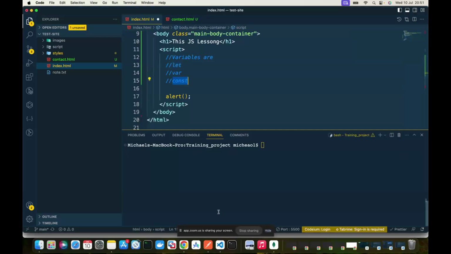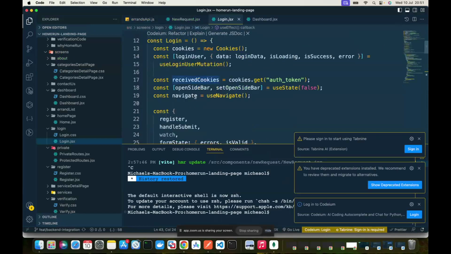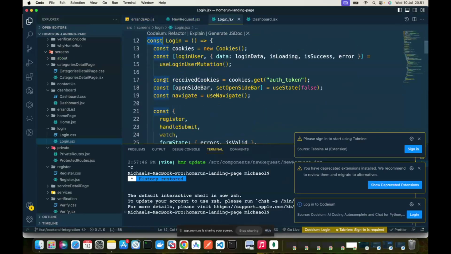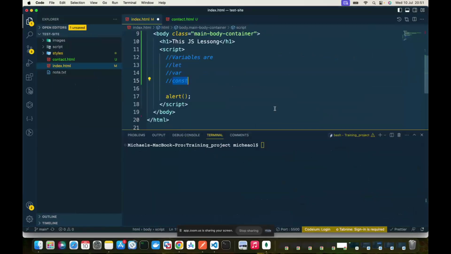If I show you most of my code, you can see here const, const, const, const, const, const, const. Majorly you see const, because if you don't want the variable to change, you use const.